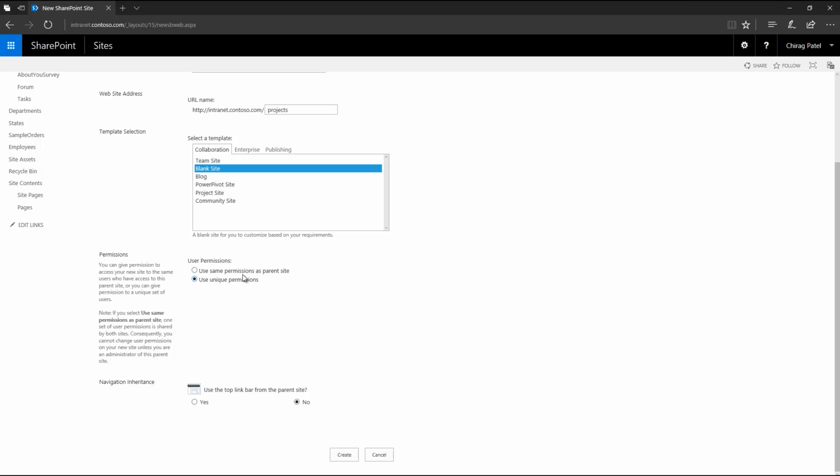Let's say I select use unique permissions, keep this default option, and click create. Before creating the site, SharePoint will show me an interim page where I can specify new group settings. So if I click create,